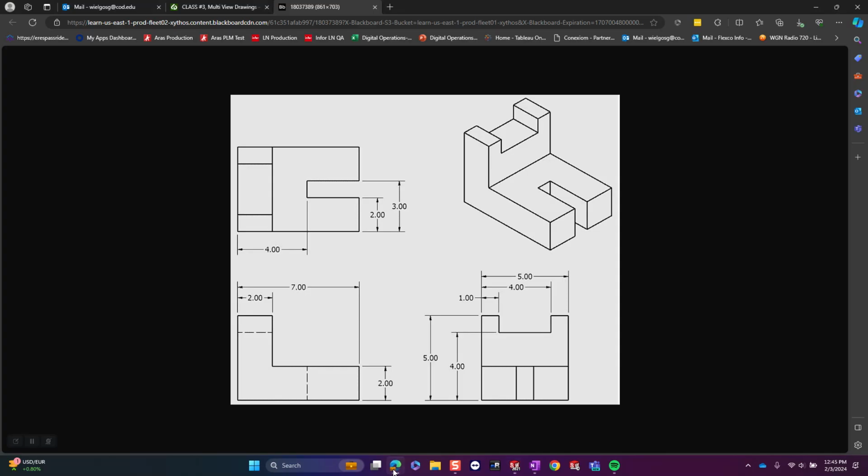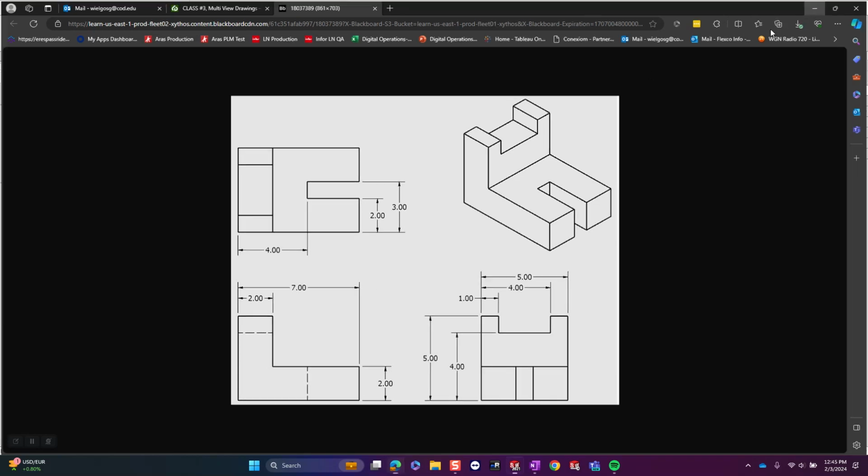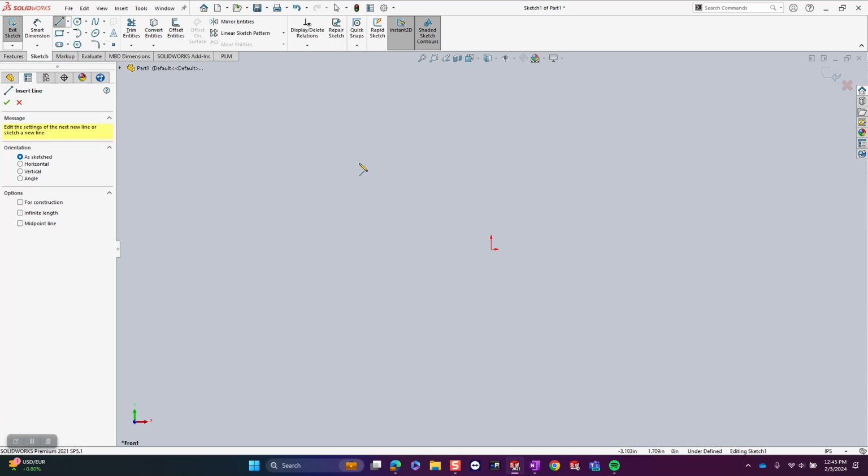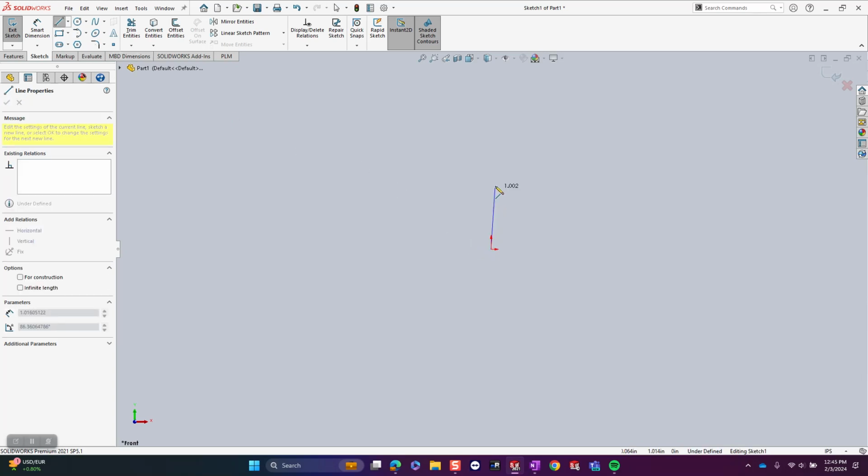Now, I could start out with a block and then cut this away, but I pretty much know this is the shape that I want. So I'm going to just go straight away and sketch that. So let's go ahead to Line, and I'm going to sketch starting at the origin. So there's my vertical line. I know that because of the little yellow indicator there. Draw a horizontal line, draw another vertical line, draw another horizontal line, draw another vertical line. As you can see, I want to line up with where that origin was. I can see that blue dotted line going across. So I'm going to pick that,